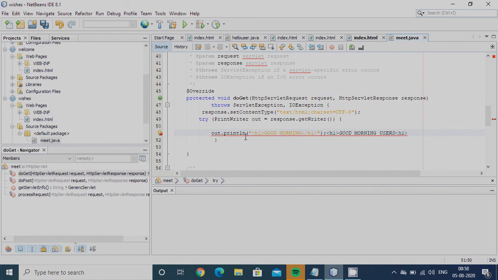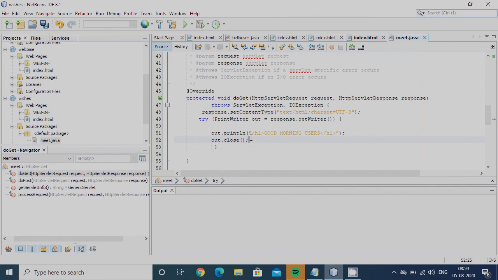So out.println using the tag h1, I want to print Good morning users. Next I want to close that, so I use the out.close method. This is used to close that opened object.